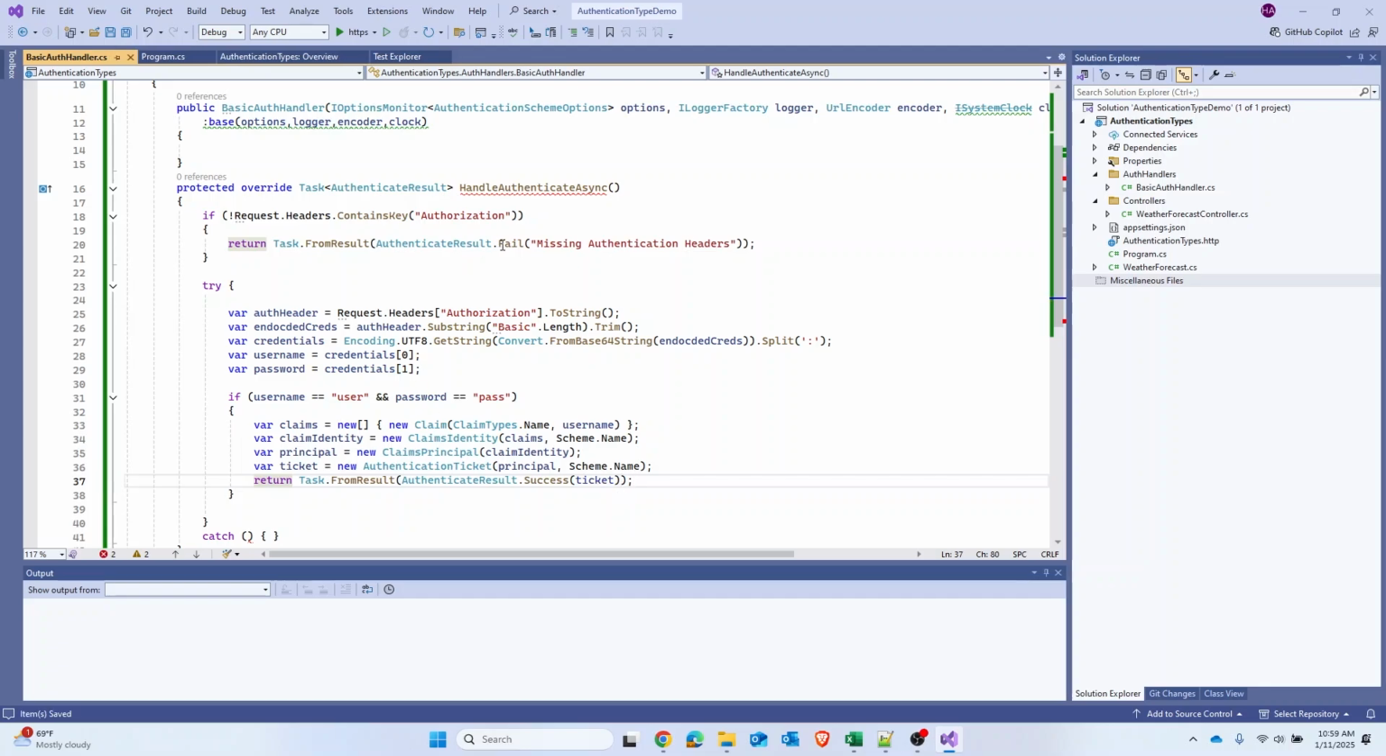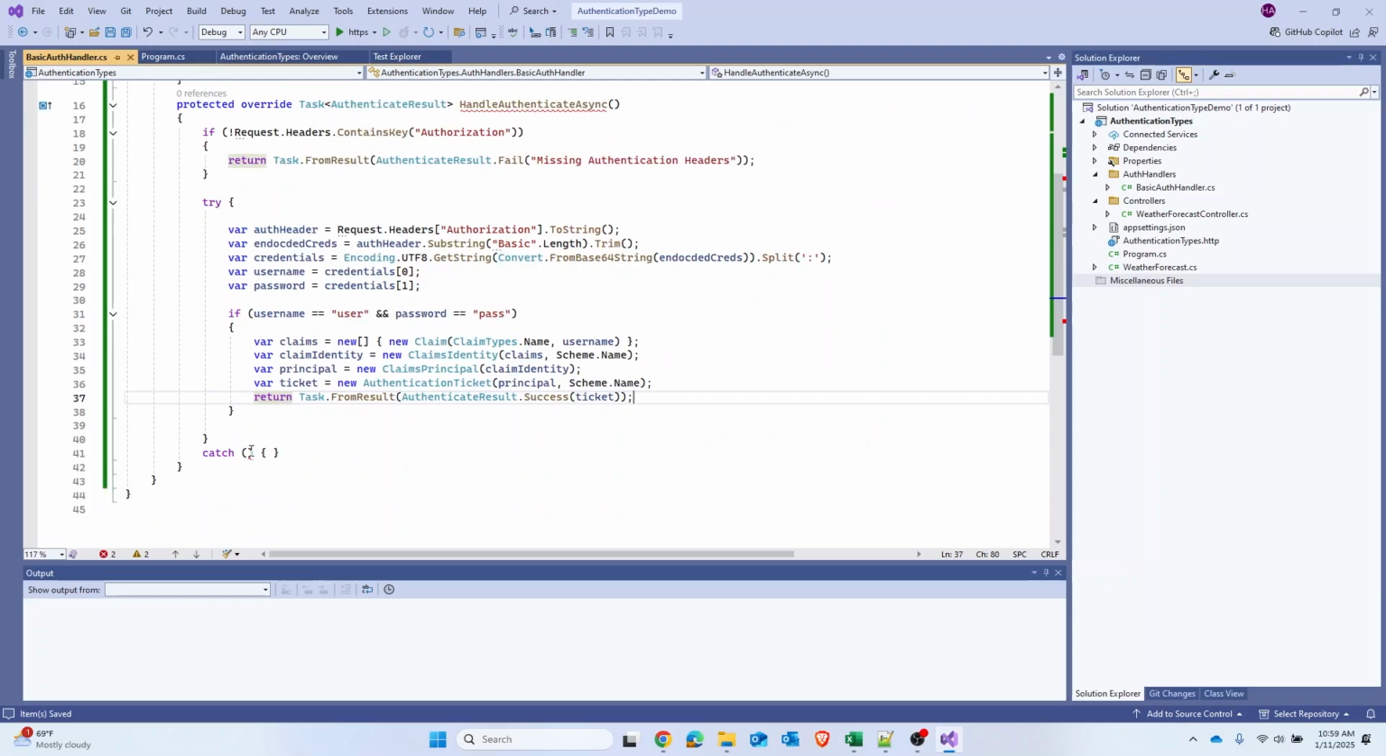Okay, so this HandleAuthenticateAsync is kind of ready, but there's some error coming up. Okay, let's complete the exception and